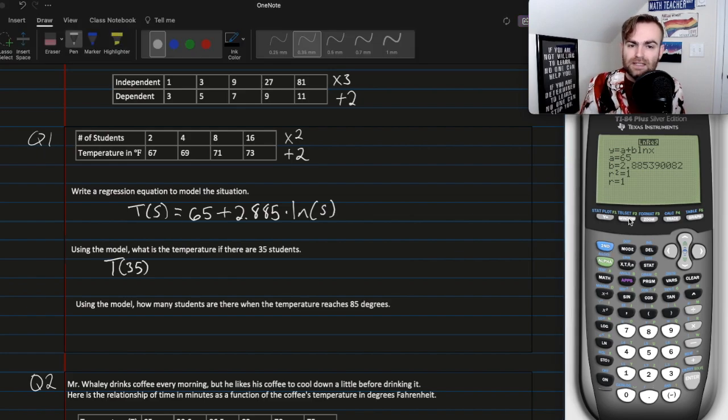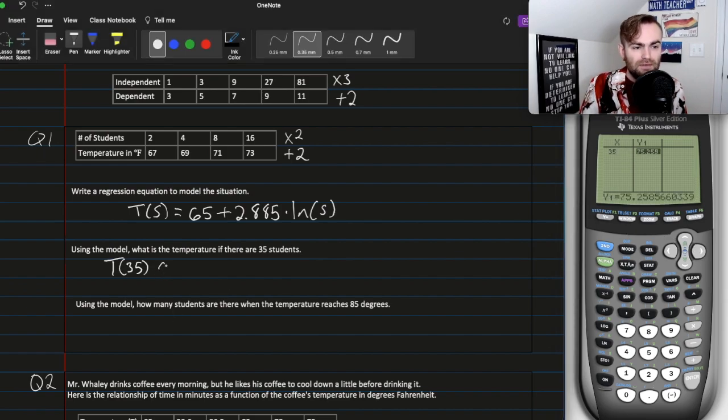What I would do is I would modify our table to ask for independent values. Oh, we don't want to graph it. Oh, perfect. It doesn't show up anyway. All right, 35. And 35 gets us a temperature of 75.259 degrees Fahrenheit. Remember that you want to include your units if we're talking about a real life phenomenon that's